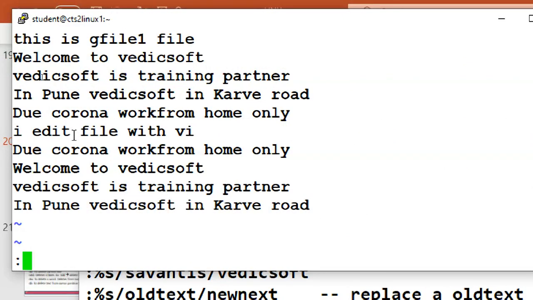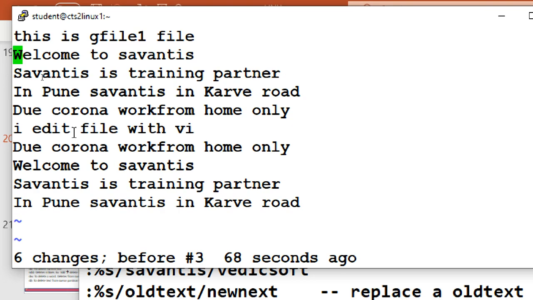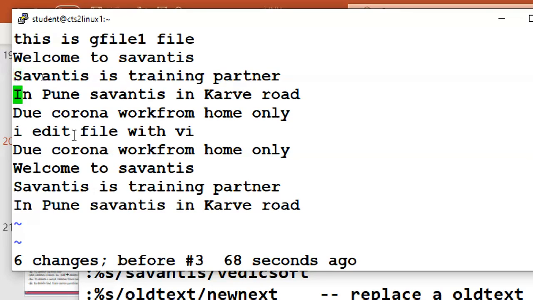If you try, you will understand. So I changed it successfully. All 70s with capital S and small s are now changed to Vedic soft. I reverted it back just for practice. So this is how to replace.